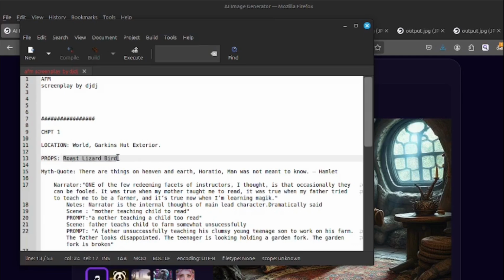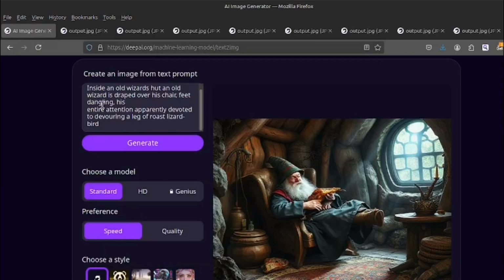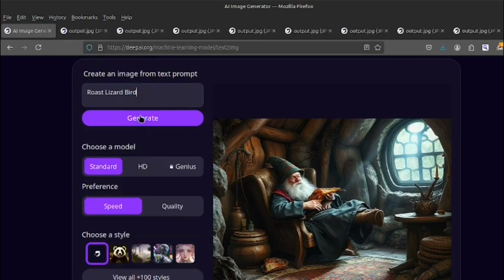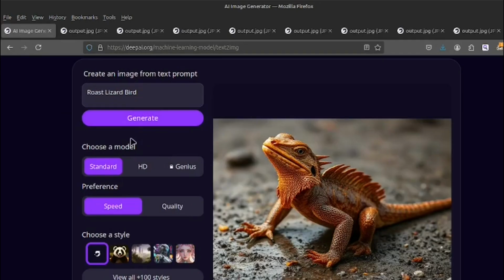So what happens if I use that as a direct prompt for roast lizard bird? That's a lizard, but it doesn't look like a bird, and it doesn't look roast. So let's try a cooked and roast creature.